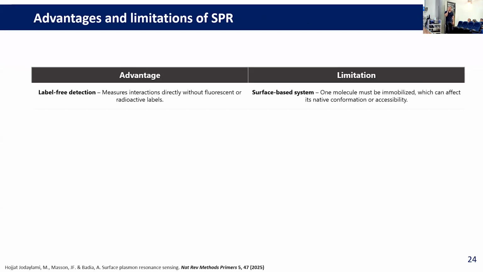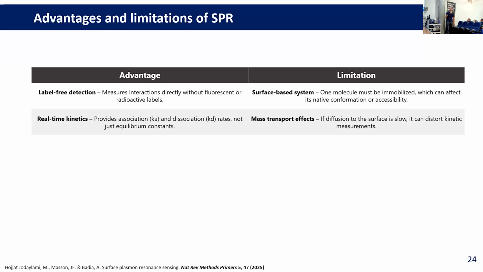Now, regarding some advantages and limitations, just to finish with SPR, the good thing with SPR is that we have a label-free detection method. We don't need to put fluorescent attachments to our molecules, but it's surface-based, so you need to bind one of the molecules to a gold substrate, which may change the conformation of the molecule. It also provides real-time kinetics. But in here we have seen the laminar binding, which is really ideal, but sometimes you can have problems in the transport from the bulk of the microfluidic chip of this buffer onto the surface.